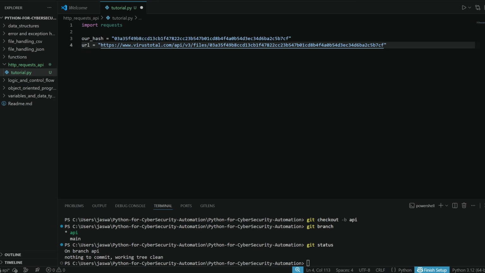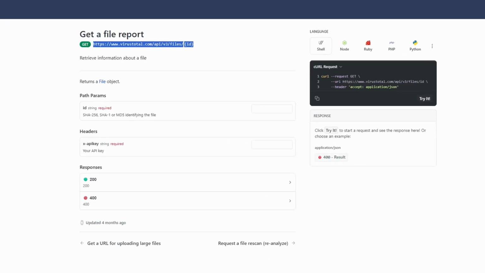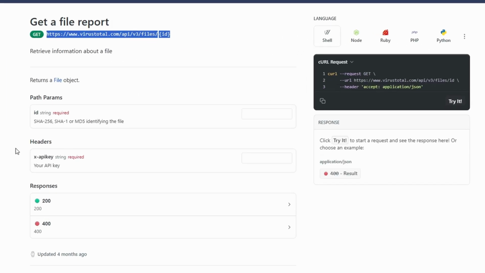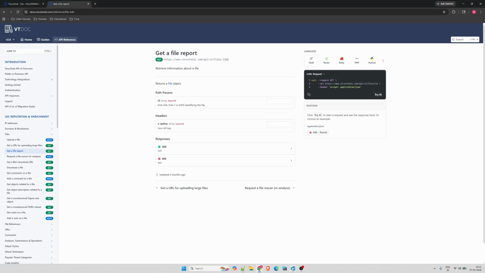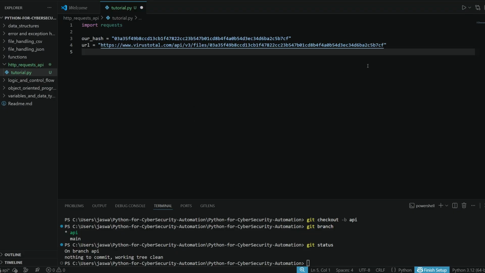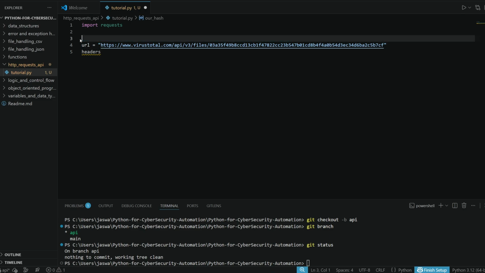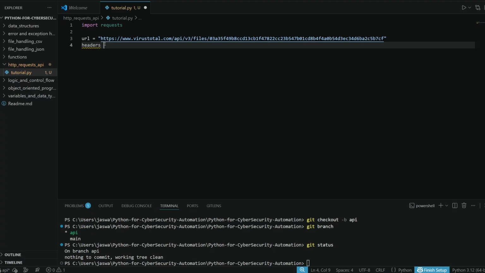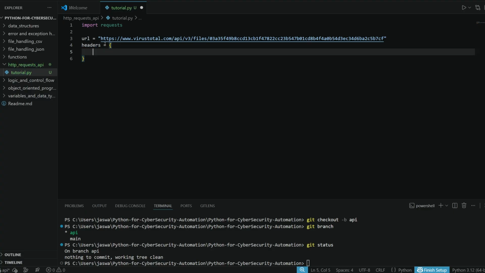Now if you have noticed on the API documentation page, it also requires some headers. Here, X API key, and on the right hand side you can see accept application JSON. VirusTotal requires an API key to authenticate. We will cover this part later. So as of now, let's define our headers variable. Let's remove this since we don't need it as of now. We will write headers is equal to, and this will be a dictionary, and we need an X API key,